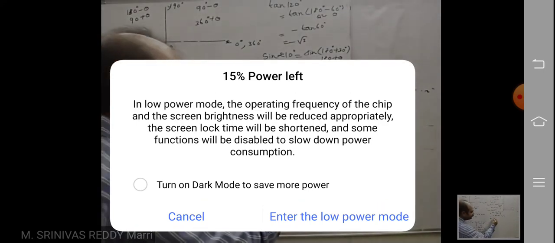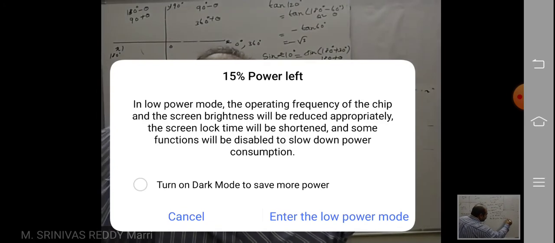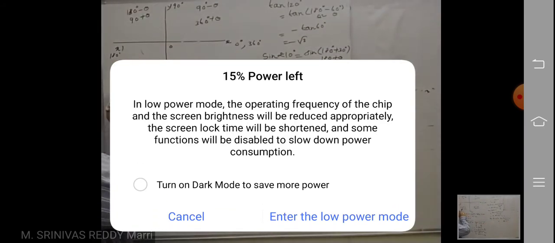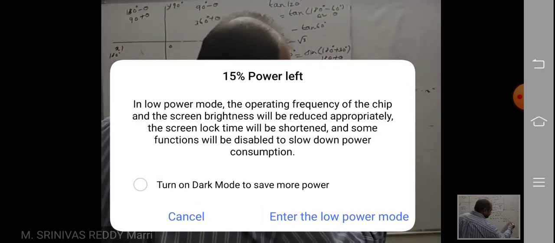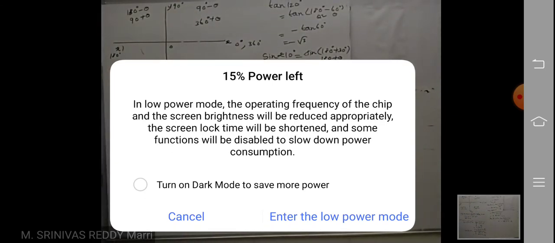Okay, now suppose, let us say, secant 240. Just write 180 plus 60, 180 plus theta. So immediately you write secant theta, secant 60. And 180 plus theta is in quadrant 3. Secant is negative, so write minus secant 60. That means minus 2. Like that for 180 plus theta. All the angles: 180 minus theta, 180 plus theta, 360 minus theta.